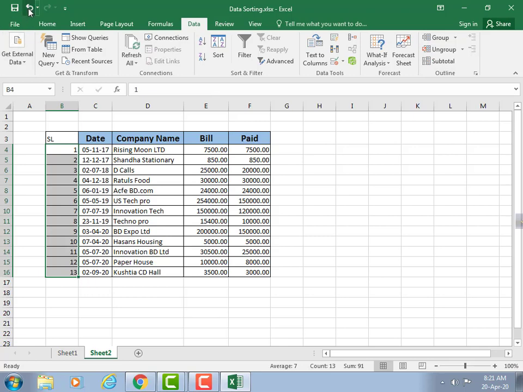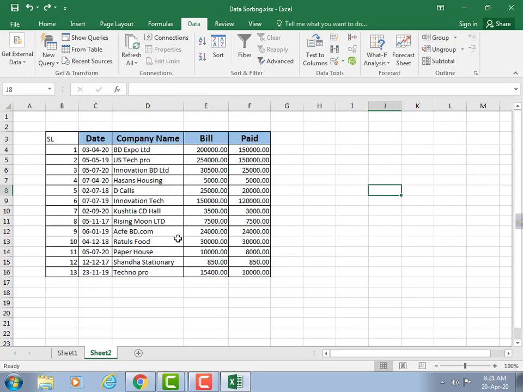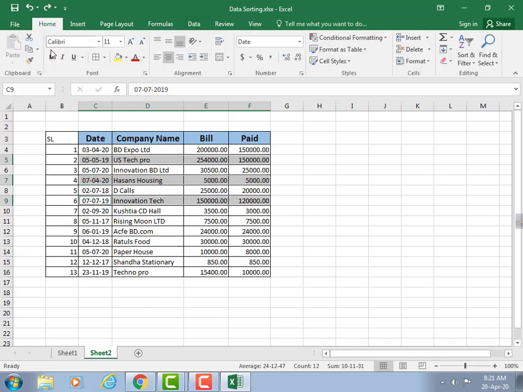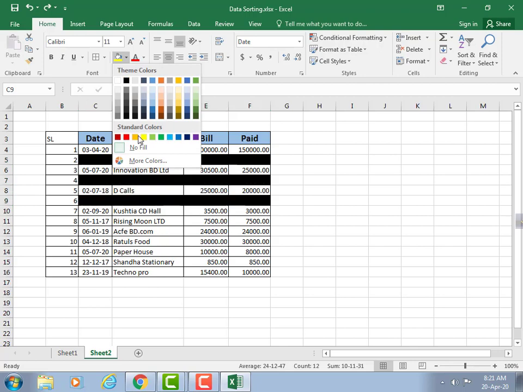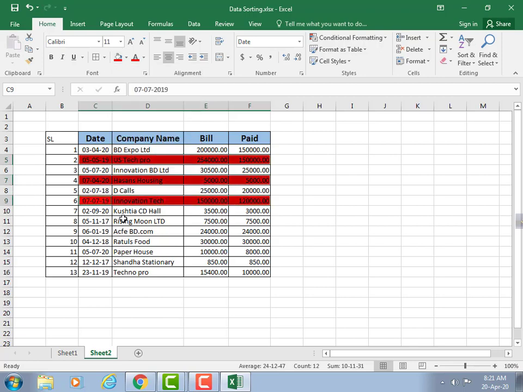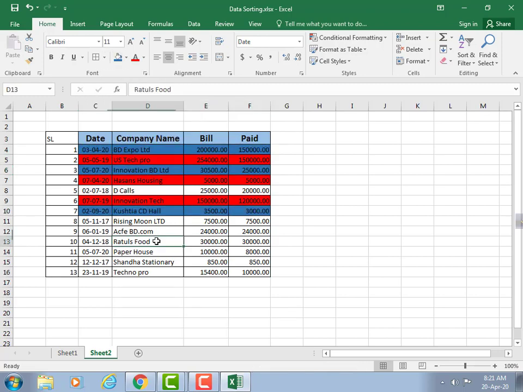Okay, undo this. Now we will sort data using cell color. Select some cells in the data and make the cells color red. Okay. Now select some other cells and make those blue. Okay. Now we want to sort data color wise. Like we want to bring all the red cells on top. Now we select this data,